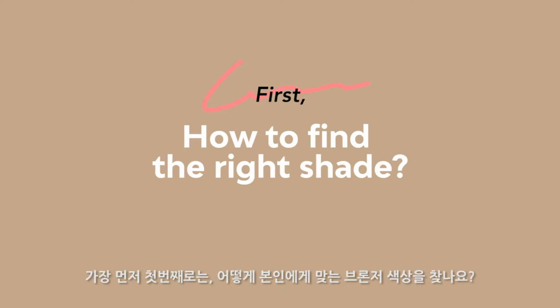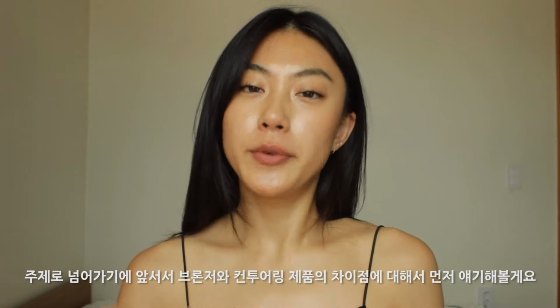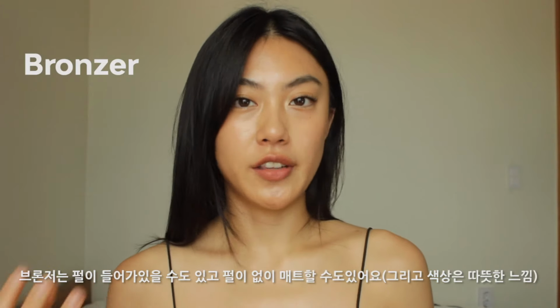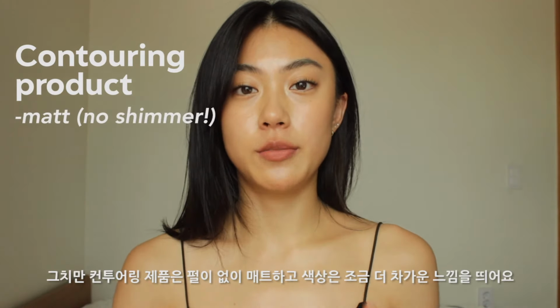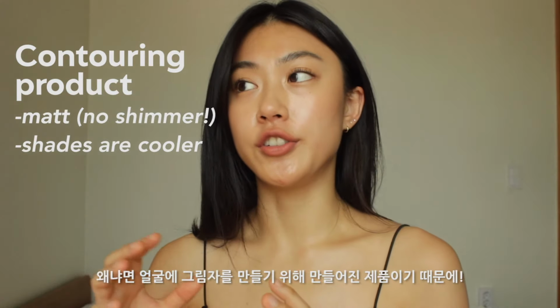So first things first, how to find the right shade of bronzer for you. Before we move on to that, I want to talk about the differences between bronzer and contouring product. Bronzer can contain shimmer and a bit of glitter and also could be matte. But contouring product tends to be matte and the shades are cooler, because it's supposed to be used to create the